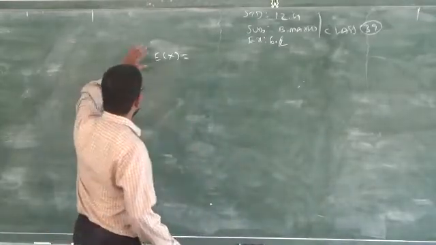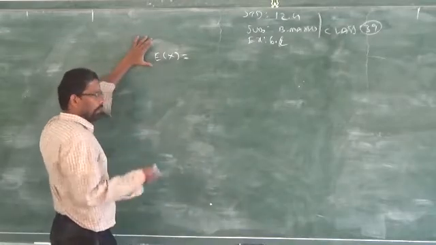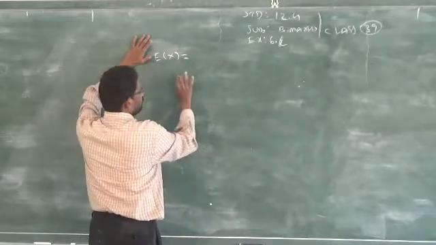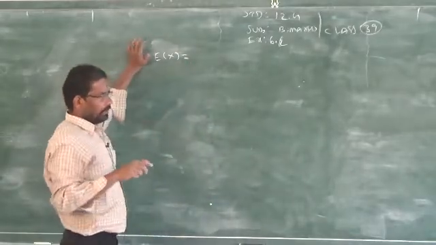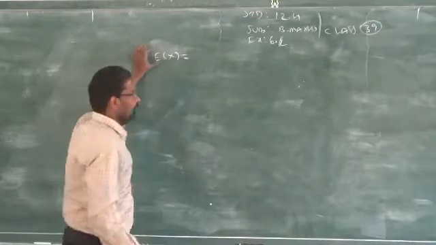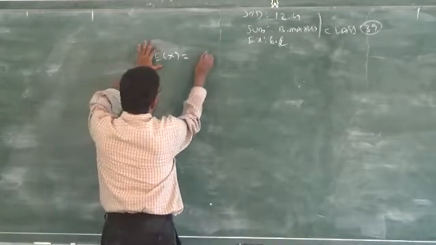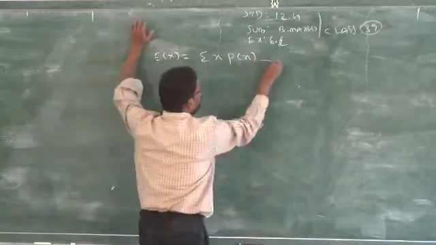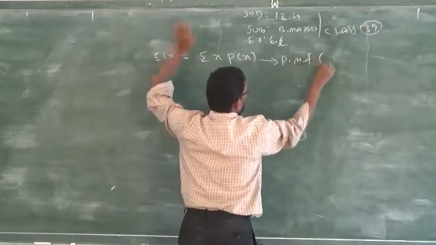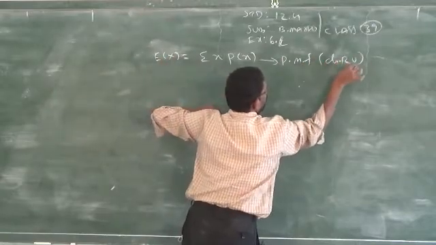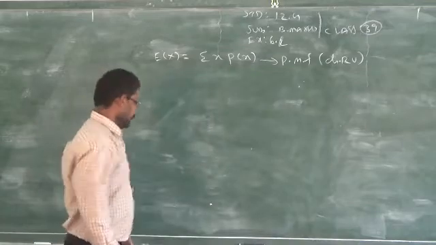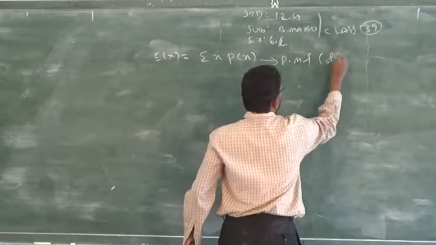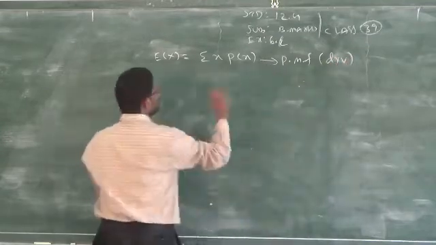In the same way, to find expected value, we have two formulas. One is for the PMF, that is for a discrete random variable. The probability for a discrete random variable is called the probability mass function. For the probability mass function, the expected value formula is summation of x into P of x. Clear? This is for PMF, that is discrete random variable, DRV.